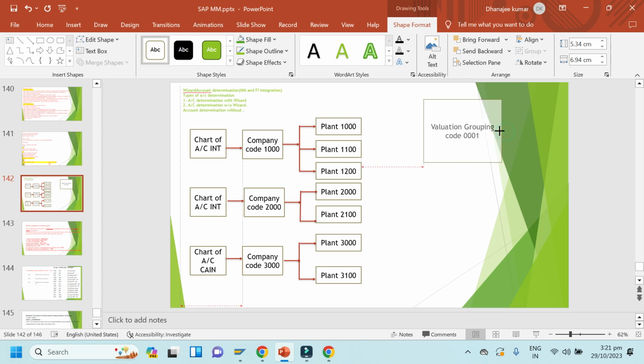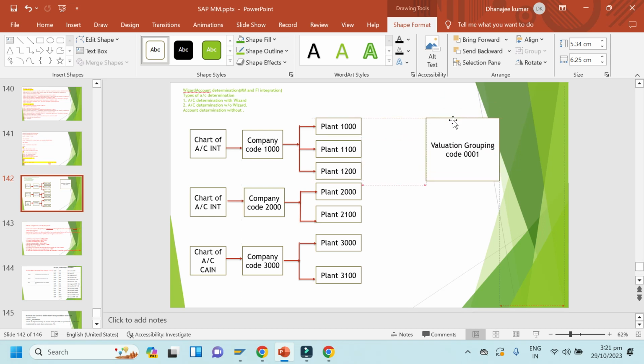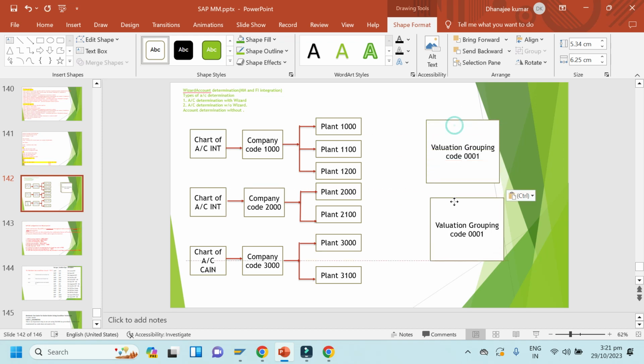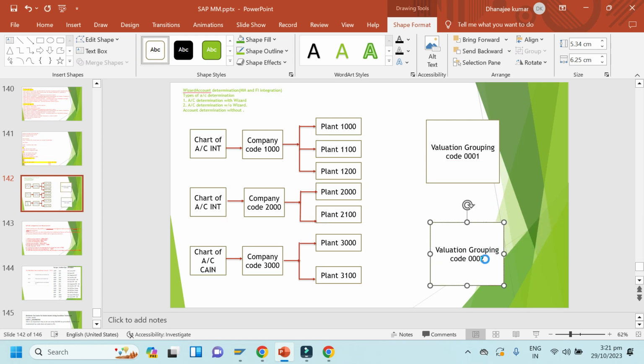Let me minimize this. And this is valuation grouping code 0002. So you can see here we have chart of account INT here, CAIN, right?